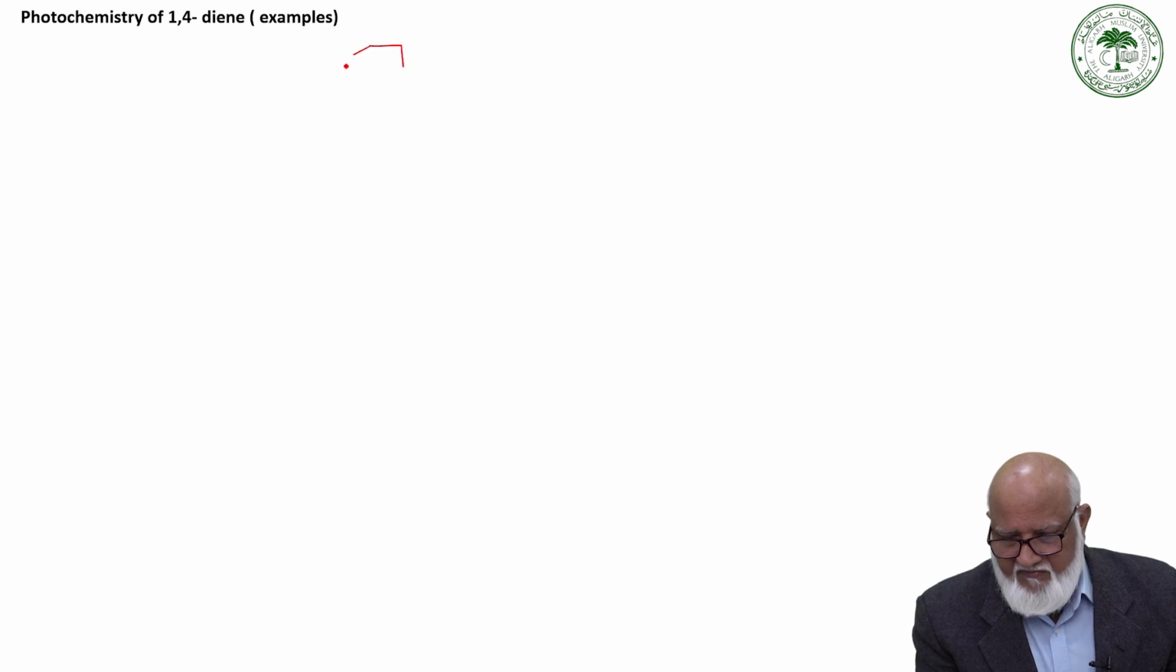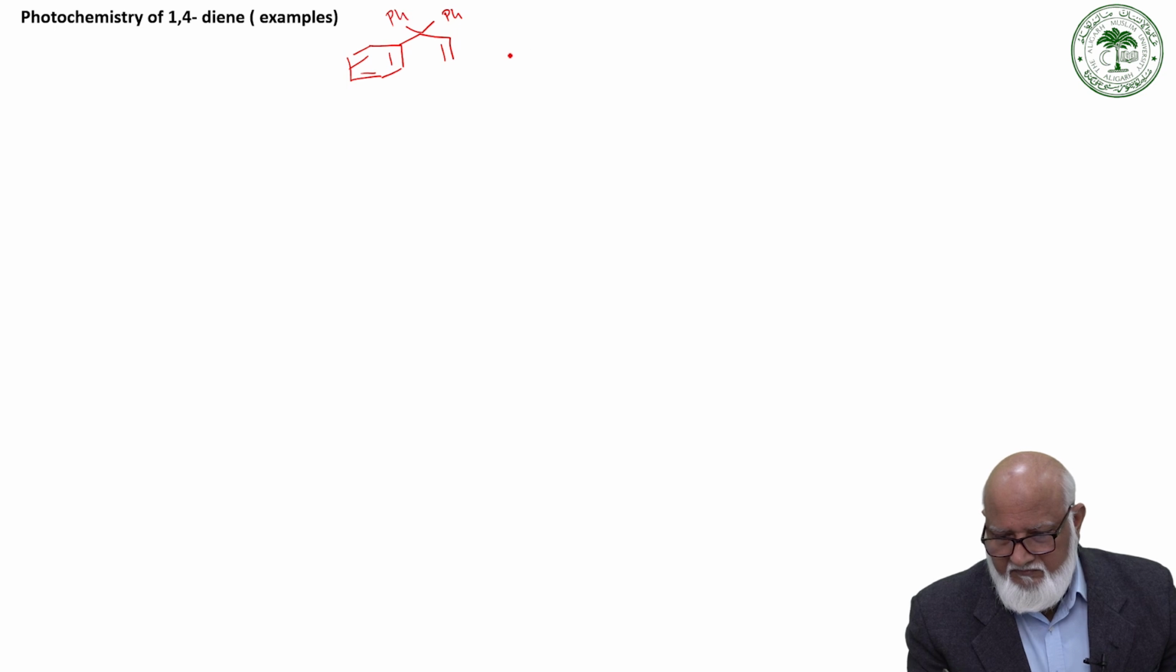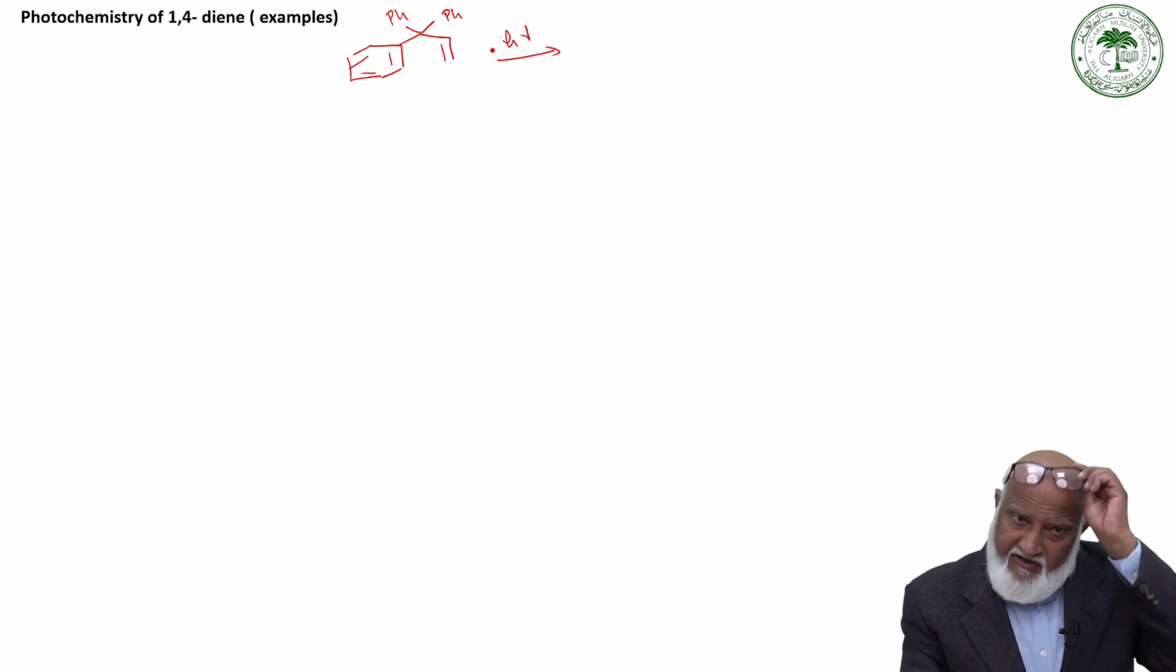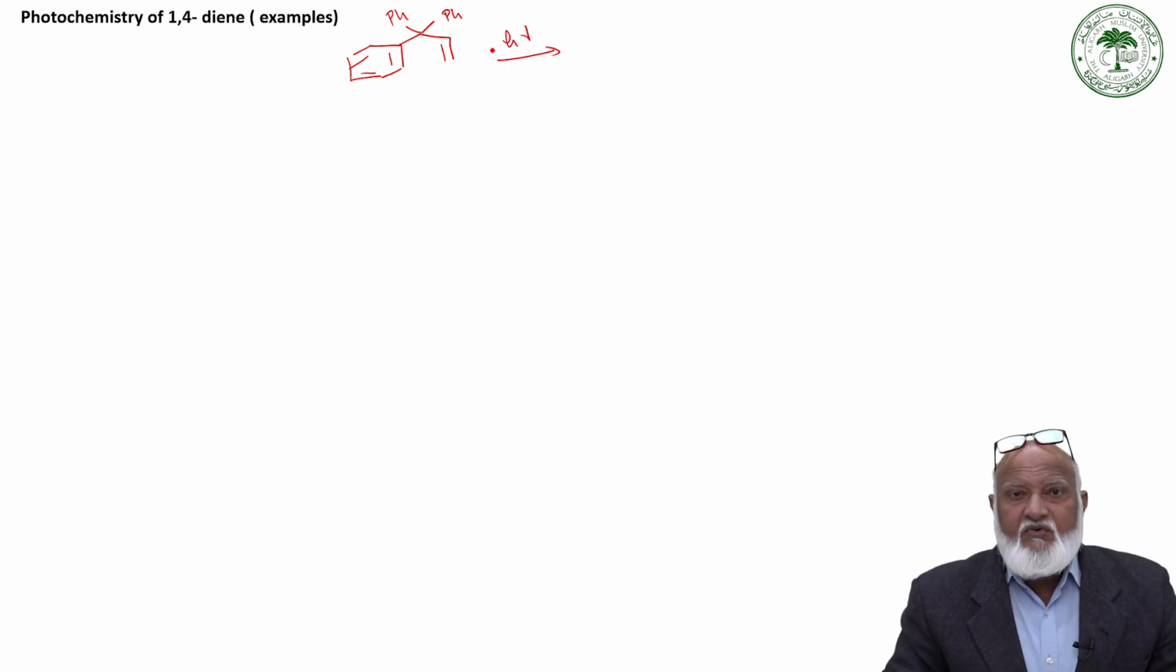So, for example, the criterion for the di-pi-methane rearrangement is that we should have 2 pi bonds separated by a methylene group. So we see, say for example, we have a system like this. So this is the starting material, and when we have a system like this, we have to analyze very carefully